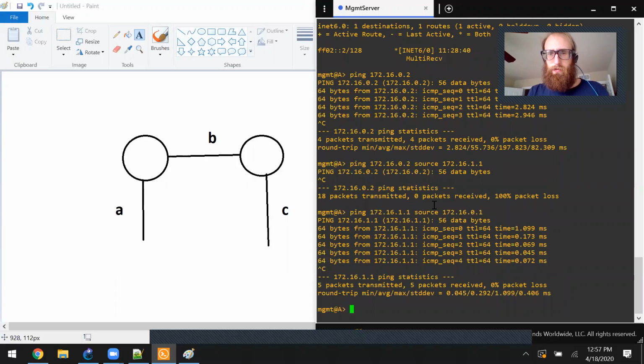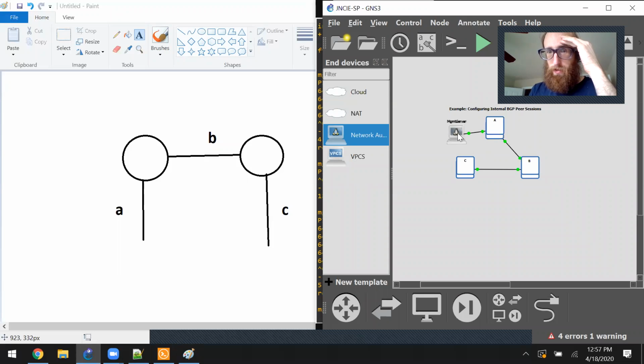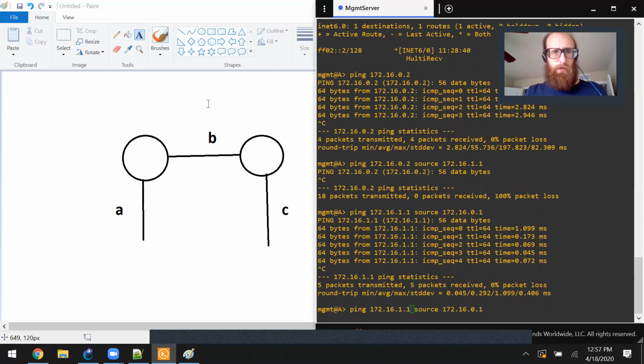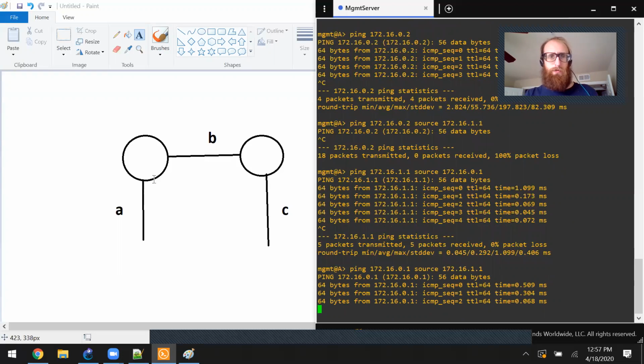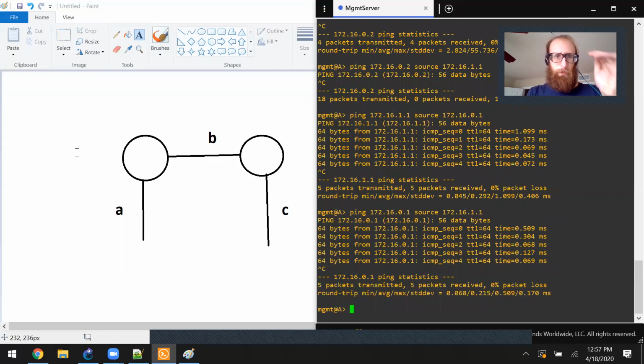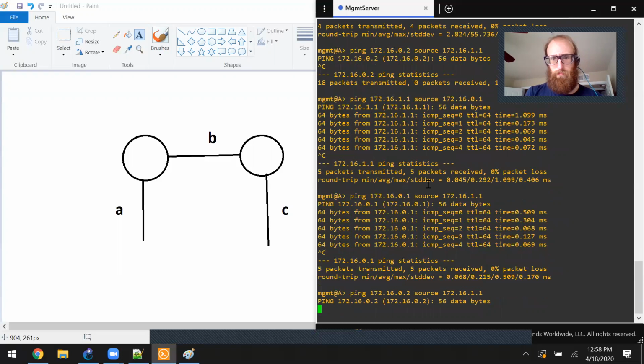So what about, and I'm going to flip these actually, because I want to ping from here to here, which you can see is this situation. So that's why I'm so surprised it's not working. Okay, so I can ping from here to here, but could I ping from here to here? And I know I couldn't ping from here to here because this route C would not be in there. And sure enough, I can't ping